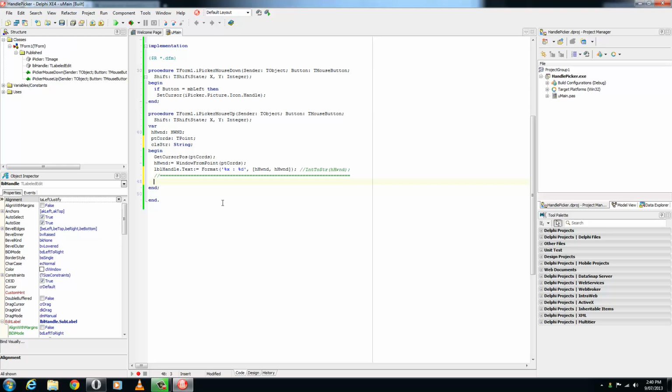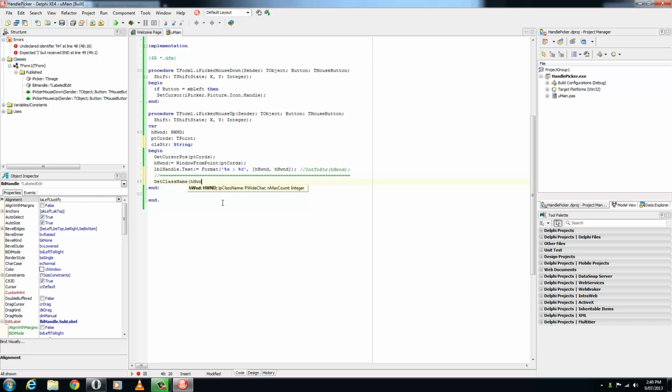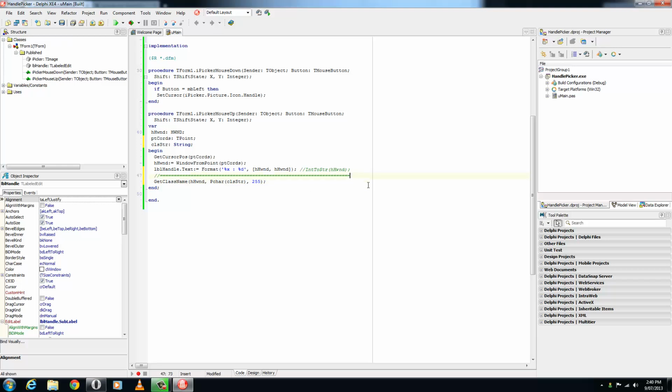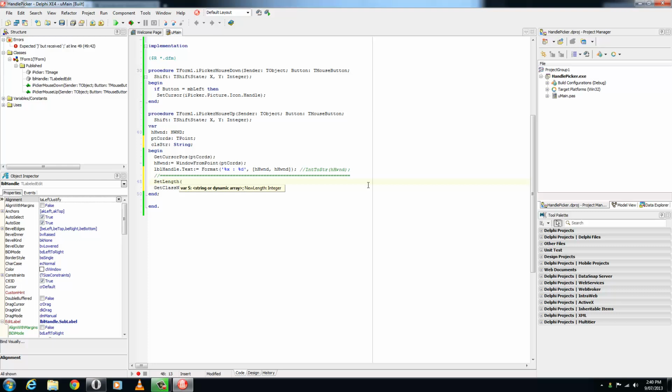We can use get class name. It takes in the handle. It takes in a pointer to a string, so pchar. We're typecasting this string now. You probably won't have to do this in VB or .NET. And the size. But before we do that, because it is unmanaged code, I'm going to have to set the length of this string first. You probably won't have to do this either in .NET. So class string, I'm going to set it to 255,